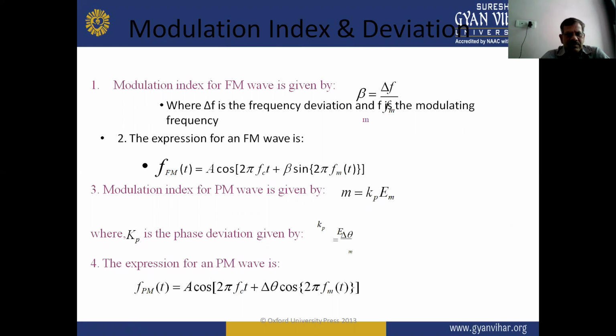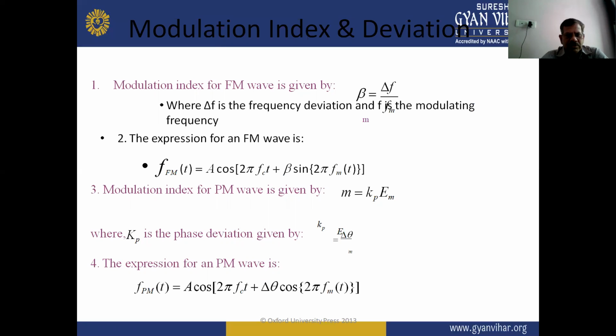The expression for the FM wave is also given by fm t equal to A cos in bracket 2 pi fct plus beta sin 2 pi fm t,